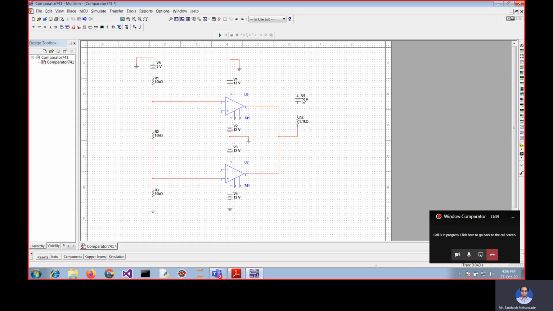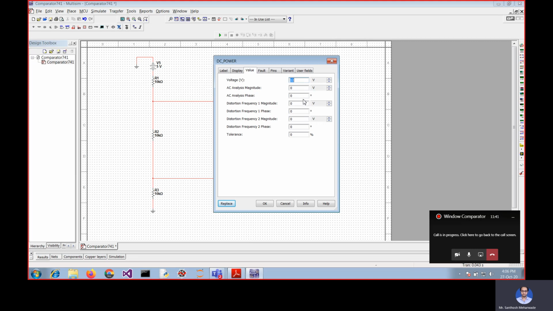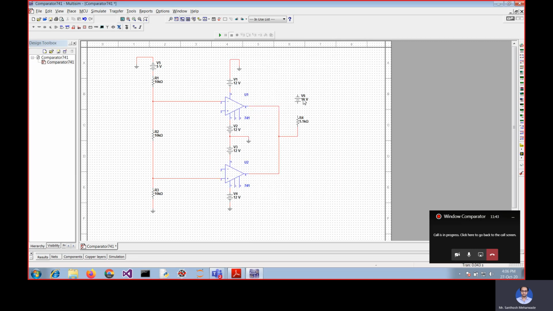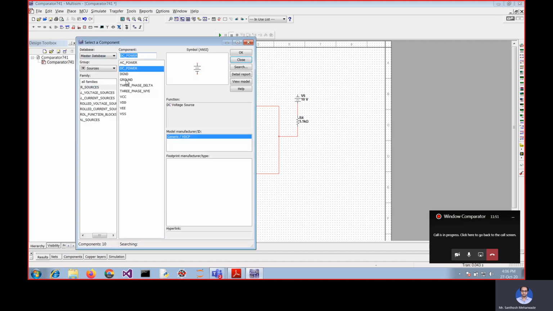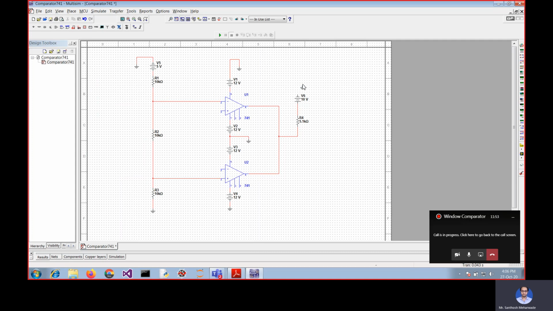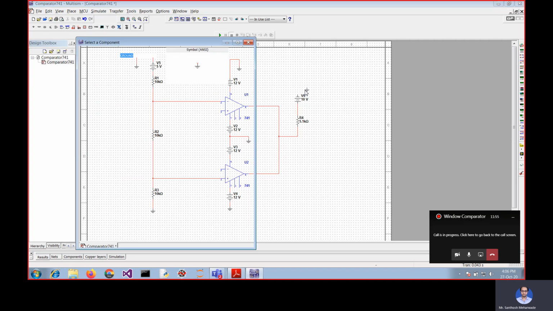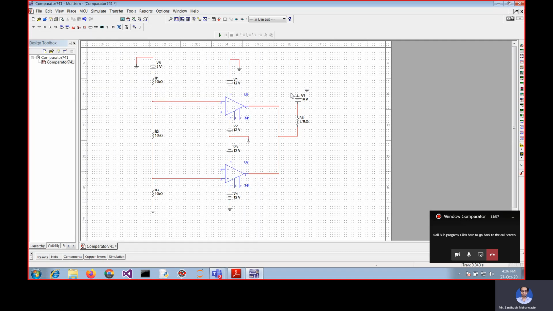So close it. So this is of 10 volt, and this will be connected like this. And next one more ground. Okay, and I will place it like this. Close and connect these things.